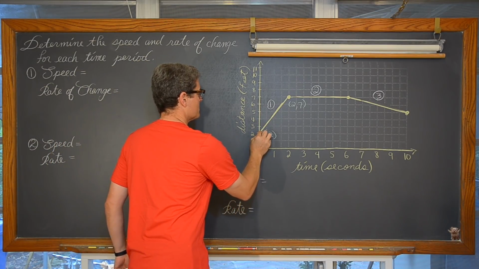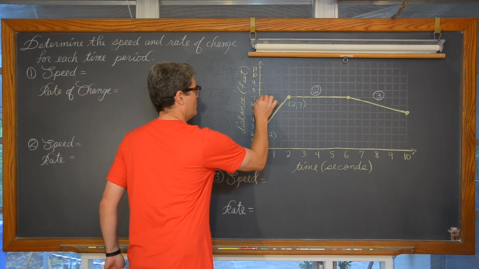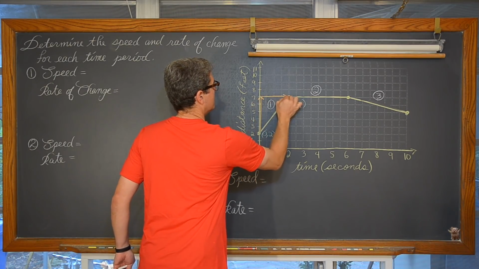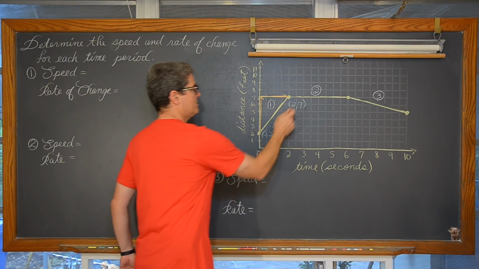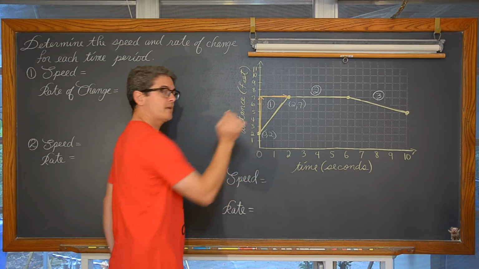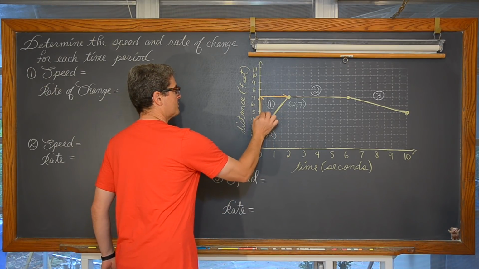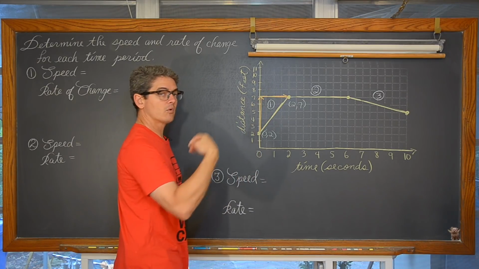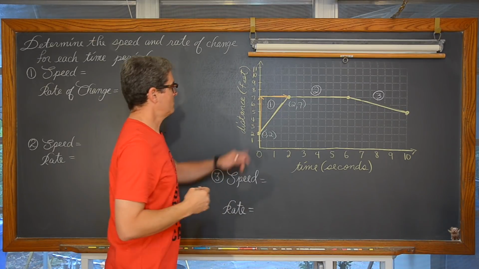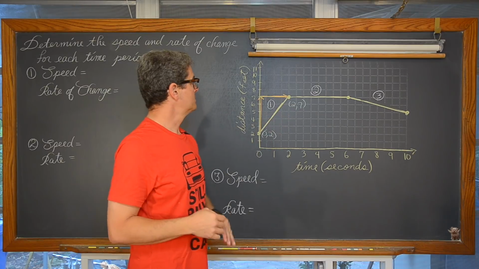Rise over run. So we're going to rise up with maybe orange chalk so it shows up better, I hope. We're going to rise and run. How do we get from this point of 0, 2 to 2, 7? Well, we go up. Now you put your pencil down and you don't count. You start counting when you move. So from 2, we're going to go up 1, 2, 3, 4, 5, and then we're going to run over 1, 2, 3, 4. So we have moved a total of 5 feet over this.